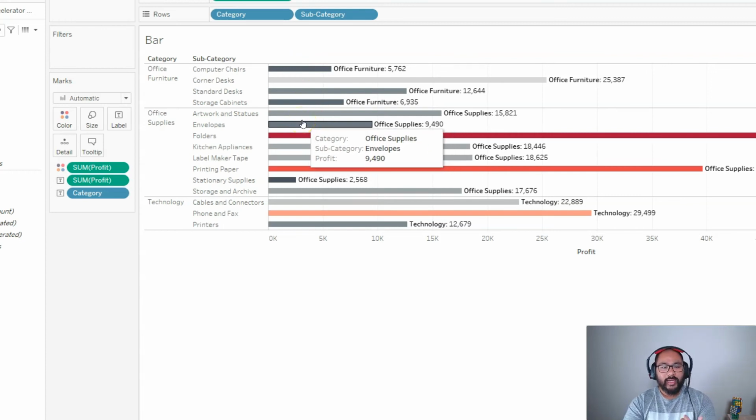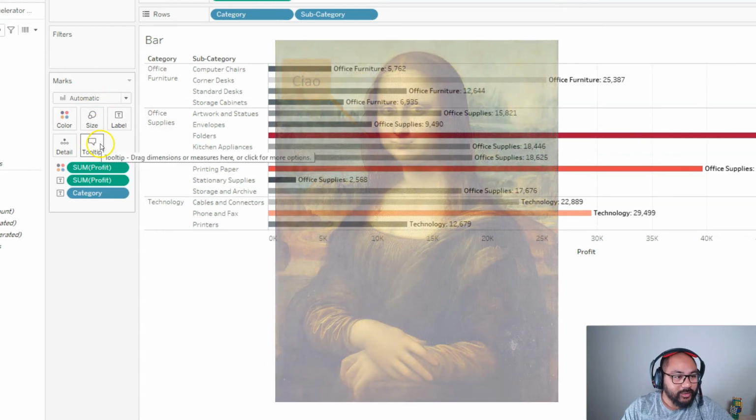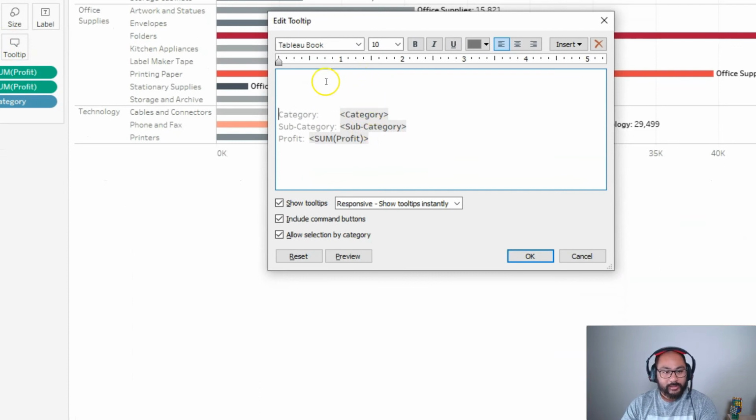At the moment, it just says category, office supplies, subcategory, envelopes, profit, and then a value. Not very exciting, and it takes a little while to actually go, well, is there actual meaning in this? We can customize this to be a phrase, to use grammar, to use English or Italian, whichever you would like. Let's click here on Tooltip, and we can rephrase this. It's just like Microsoft Word or any text-based software. We can just go in the main category, and we can take this category, click and drag,